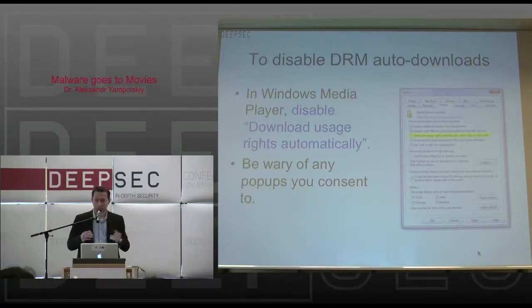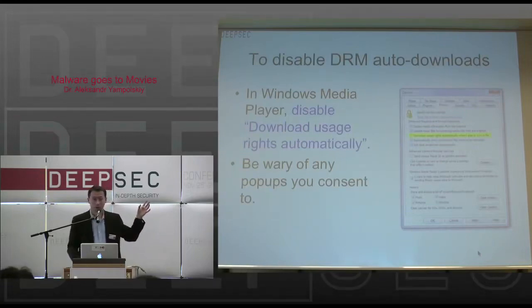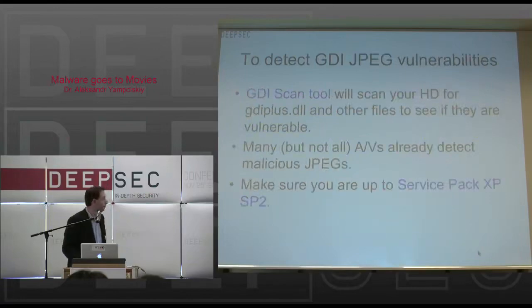When you play a file, if the file is protected, it's going to contact a particular server and download information from that server. If it's a malicious file which tells you to contact a particular malicious server, it's going to do that. So this is a little bit more tricky because there are some DRM protected legitimate files, but what this does is it's actually going to prompt you: do you want me to go and download this license? So at least you're going to be informed. In DRM, if it's disabled, it could download the stuff without you knowing.